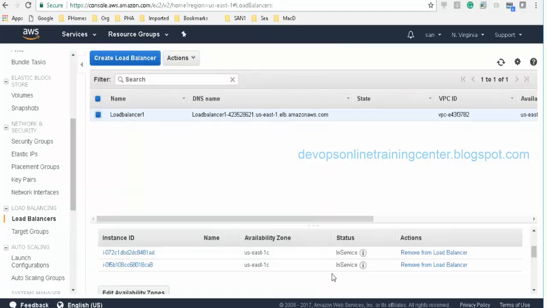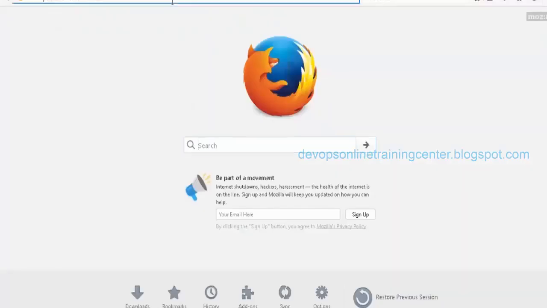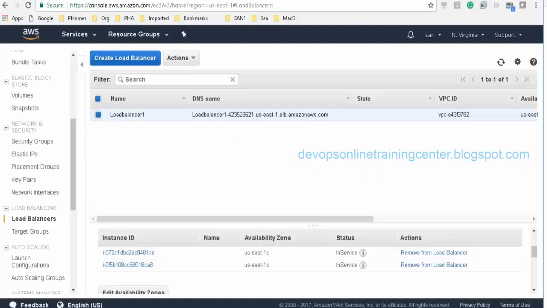Okay, it's right. It's possible. Now let us see if this is really up. It's showing in service, but let me see if it's hitting the instance. Okay, server 1. Can we hit from here? Just a minute.